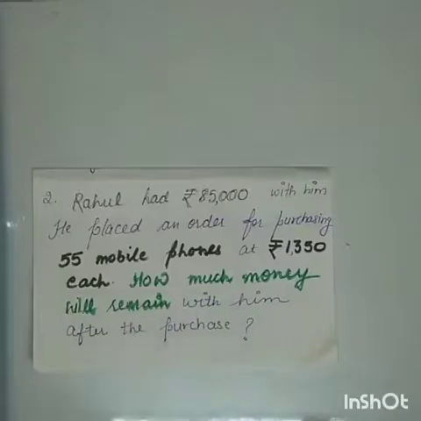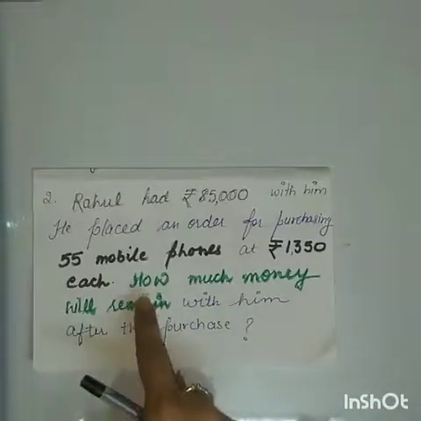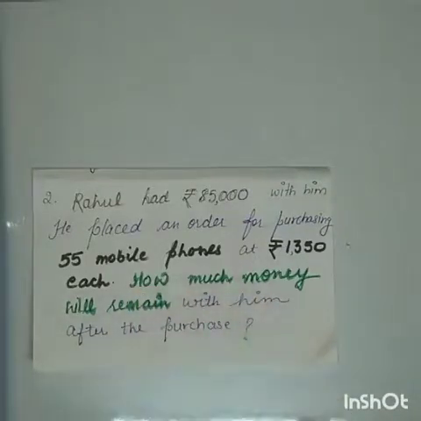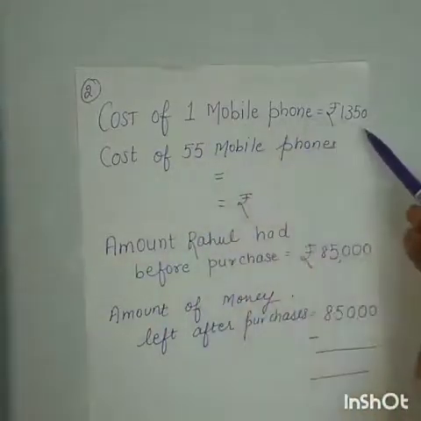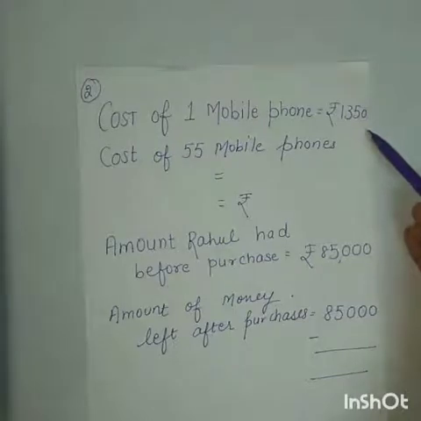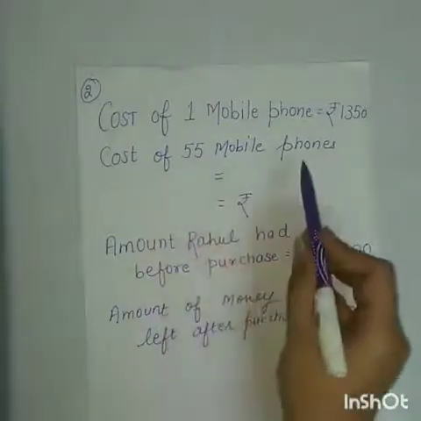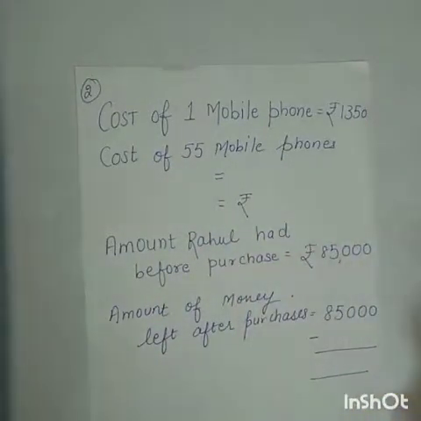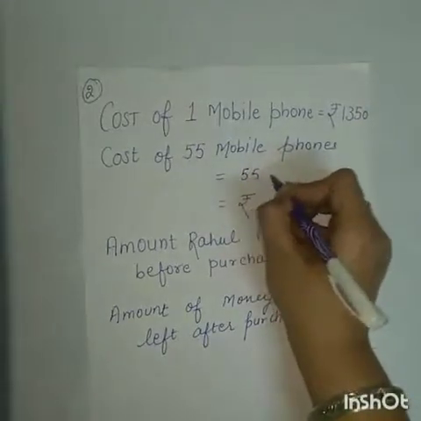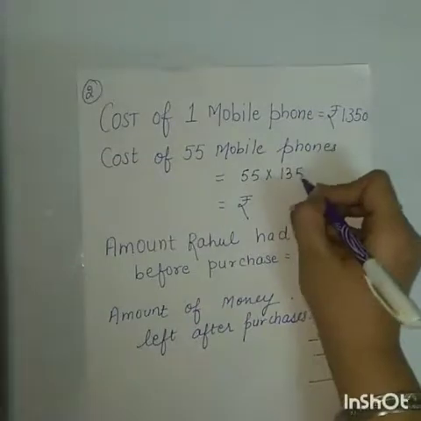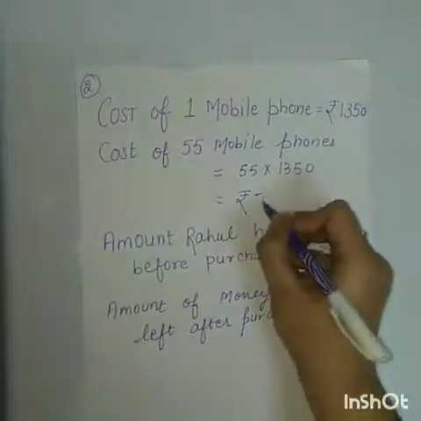Find out the keyword here. The keyword is how much money will remain. The cost of one mobile is rupees 1,350. To find the cost of 55 mobiles, the operation used will be multiplication. So 55 multiplied by 1350, you will get